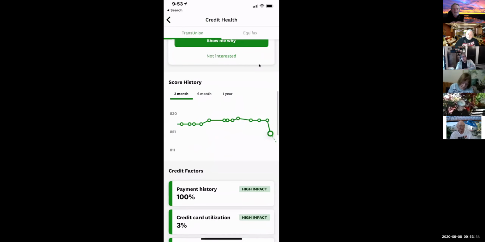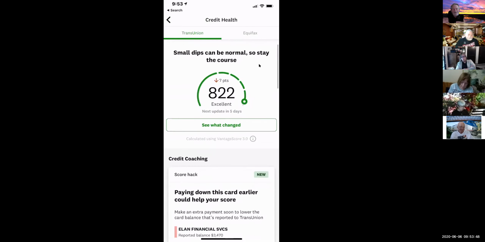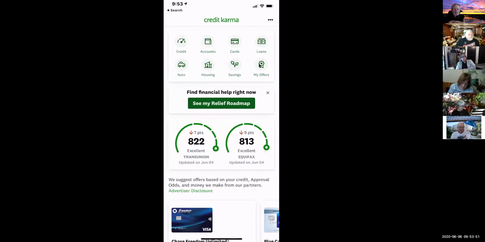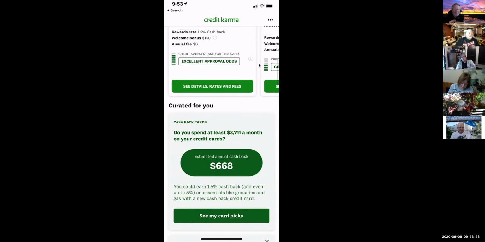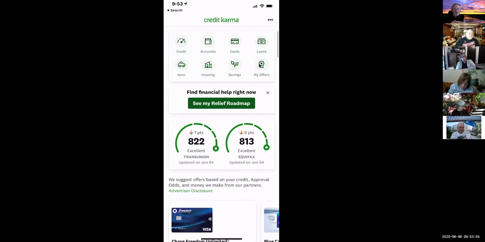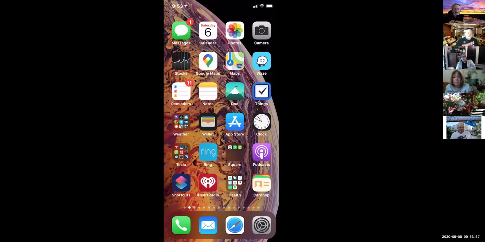So then it shows there's the history. Uh-oh, bad trend line. I'm not too worried about it. At 820, anything above 760 is good, so I'm fine with that. I am pretty obsessive about it, but this is a great way to monitor. The other financial app that I use extensively and I think is